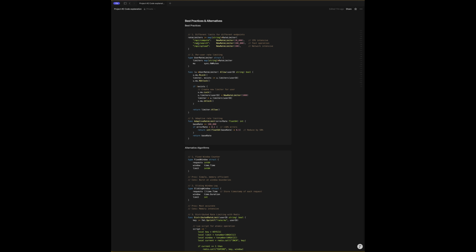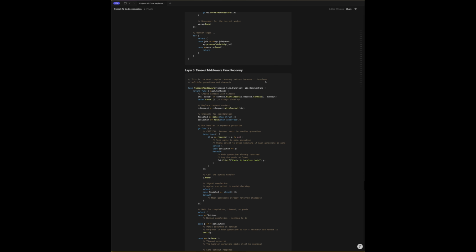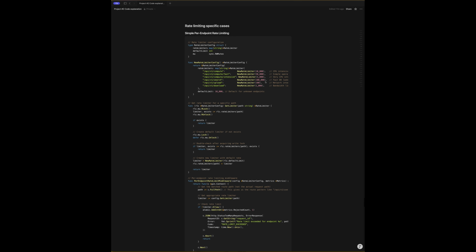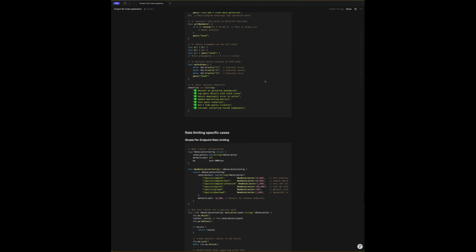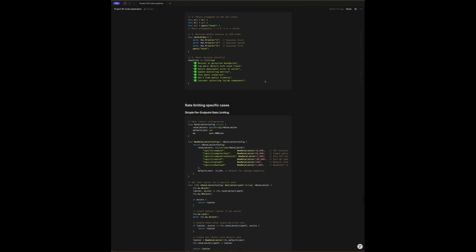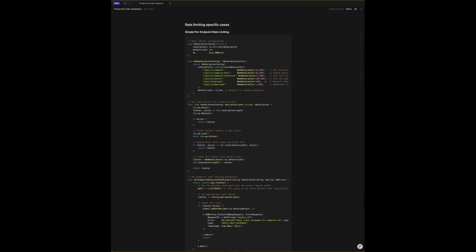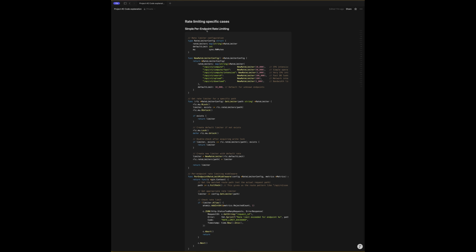So that's it. For this specific thing, if I just tell you this, then maybe you don't get how to actually implement it. So I extended the implementation for this part, the path-based one. So let's go down here, specific cases, single per endpoint rate limiting. So now let's